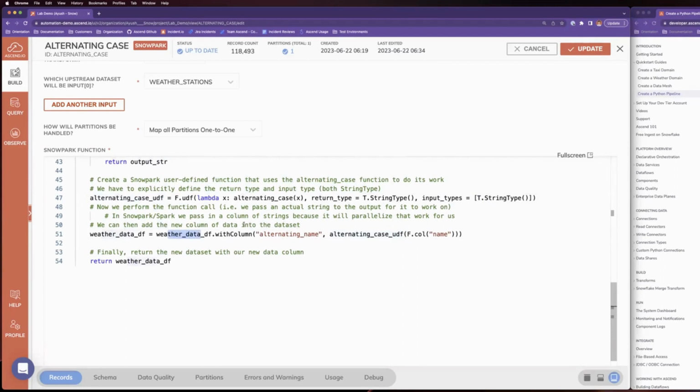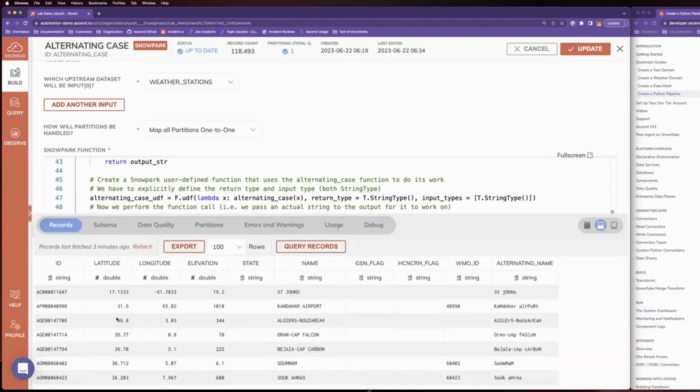we're going to actually add the column. We're just going to call it, right? So we put the function here and then pass in the column that we are trying to change. That will be added as the alternating name column, which is what the with column function does. Create a final data frame and return that data frame. This will be the output, or what's at the end of a SQL query, just a table. And that will end up producing what we see here.